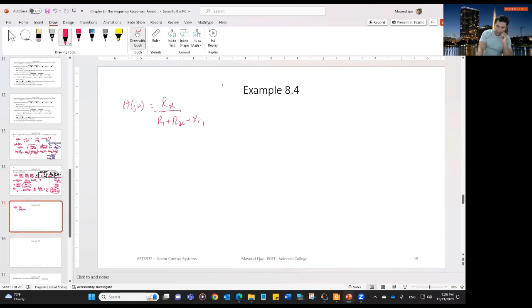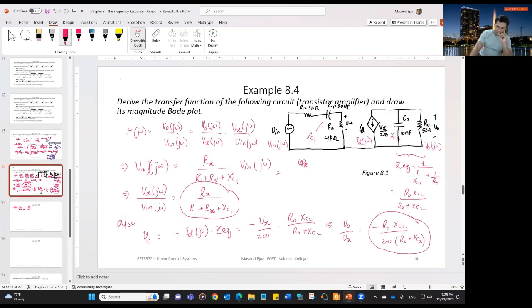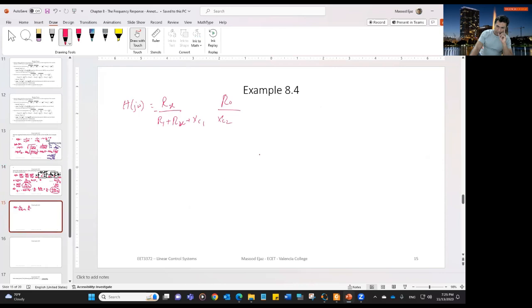So I'm going to put a negative sign here. R0 XC2 over 200 times R0 plus XC2. And the negative sign is here. Equals